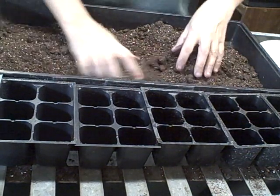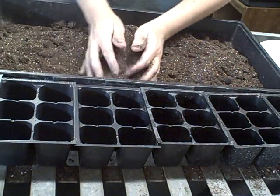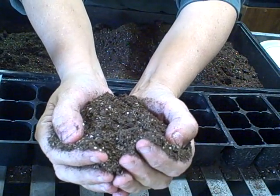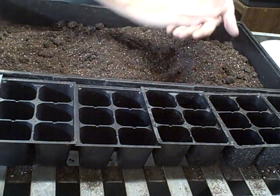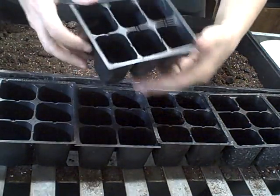Okay, so I wanted to show you, I'm going to give you a little closer look. This soil is really light with peat and perlite. Well, not perlite, but vermiculite. Works very good to germ seeds. What I'm going to use today to do these herbs and some peppers, I'm just going to use these little